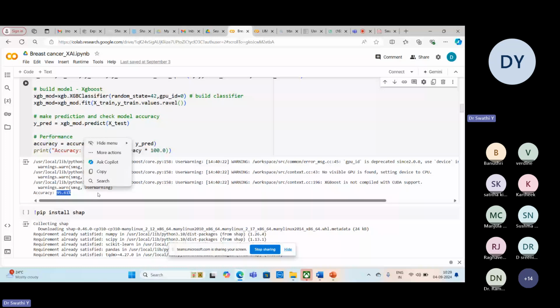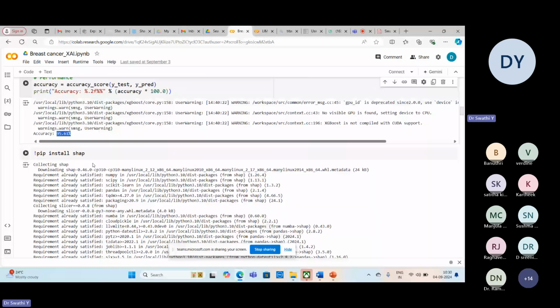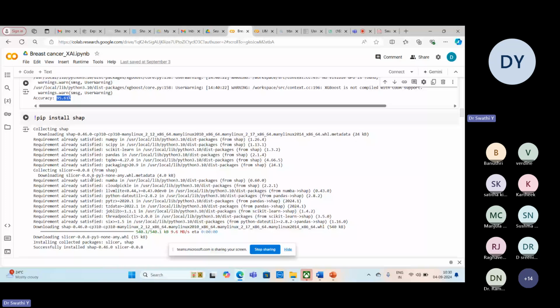I'm installing SHAP, by calling pip install. If you want to install LIME, you can just give pip install lime. And if you want to install Shapash, pip install shapash. So there is a simple step for installing, and automatically it will be installed. So whether I'm calling LIME, SHAP or Shapash,